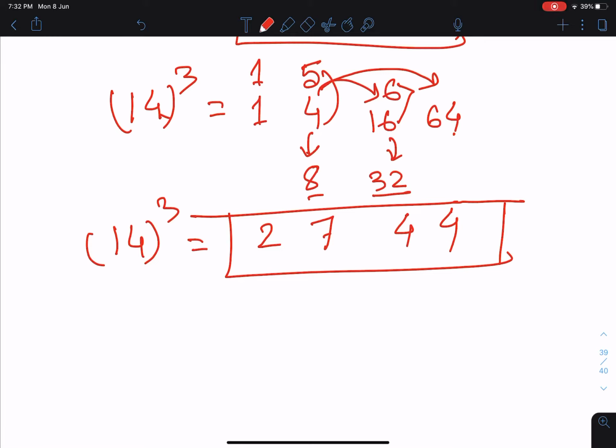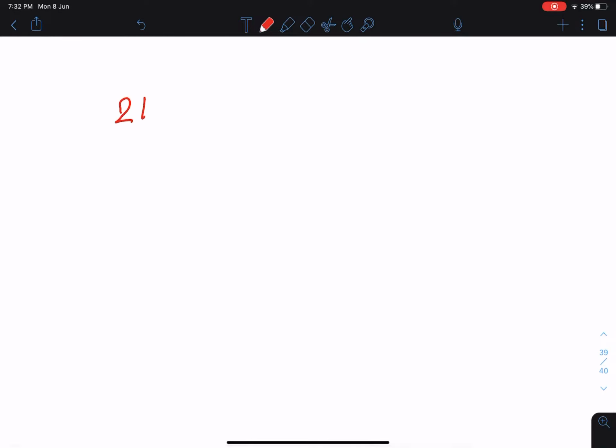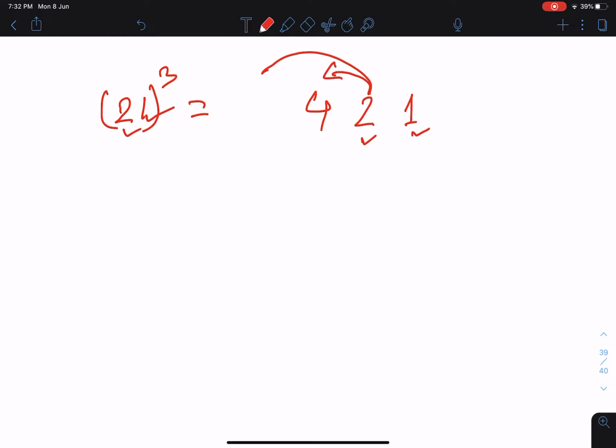Now try different numbers where 1 comes at the end. Just try 21. In this case, we'll start from the right hand side. Previously we were starting from the left hand side. Now we'll start from the right. So we'll write 1 here, and then 2 here. Now again the square of this 2 will be 4, and then the cube of this 2 will be 8. Now double of the 2 will be 4, double of this 4 will be 8.